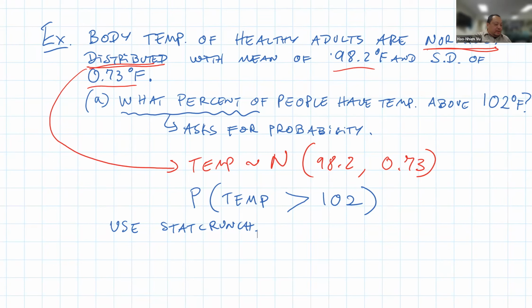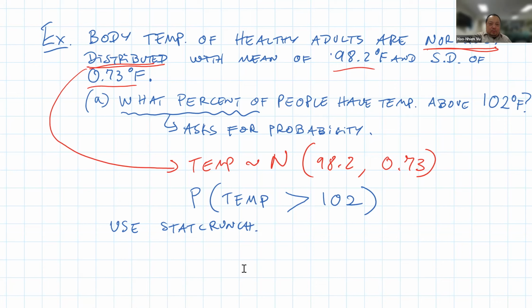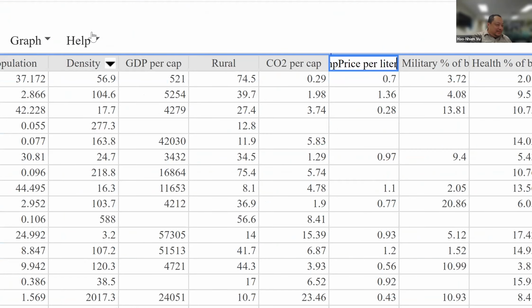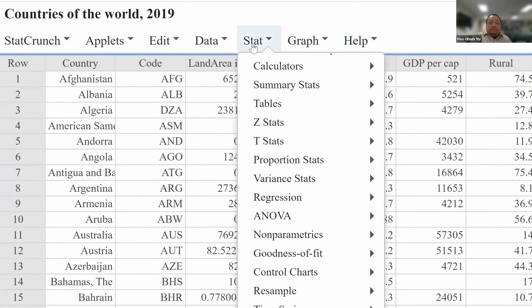So go ahead and switch to StatCrunch. You probably already have StatCrunch with countries of the world. You don't have to close out countries of the world. You can do calculation while it's still on. All right, is everyone done with the notes so I can switch to StatCrunch? Actually, if you're not ready, say no, because I'm switching. All right, so here we go. By the way, you have all of this. I sent you the complete guide at the beginning of class, right? So this is in there somewhere.